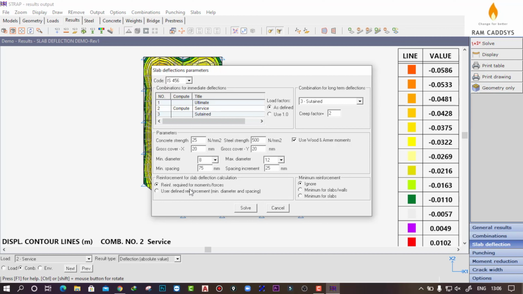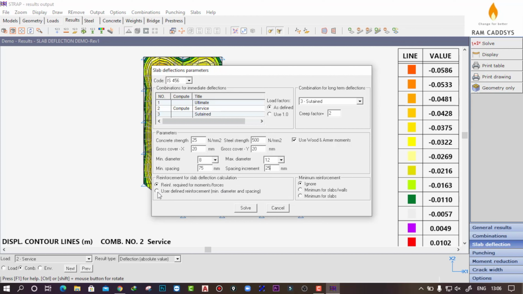Now we have two options. One is reinforcement required for moments and forces, and another one is user defined reinforcement. That means if you click on reinforcement required for moments and forces, it will calculate the reinforcement and check the deflection.